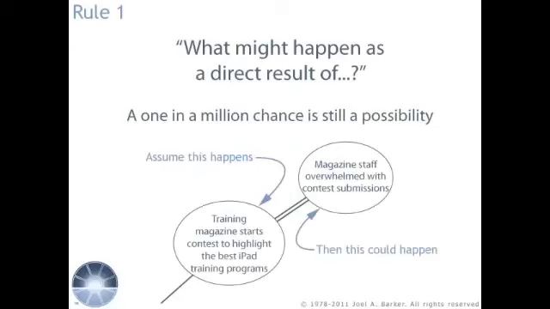You are starting with the first-order implication that has already been generated. So, start by assuming the first-order implication happened, and then ask yourself, what might happen as a direct result of this implication? Please notice the word might. That gives you wide latitude in your explorations. It also means that even if it is only a 1 in a million possibility, it is still possible, so it is a legitimate implication.